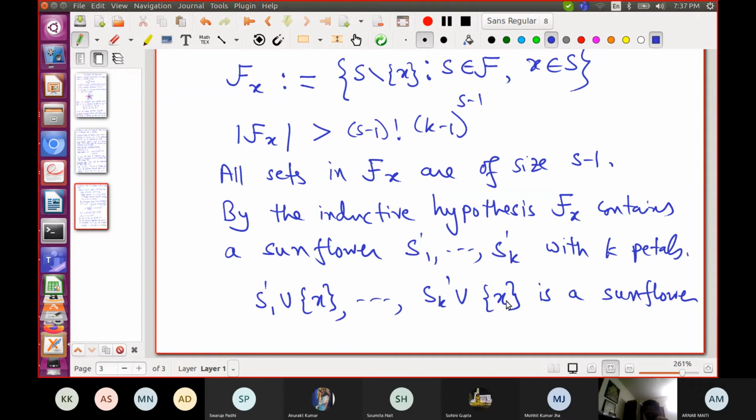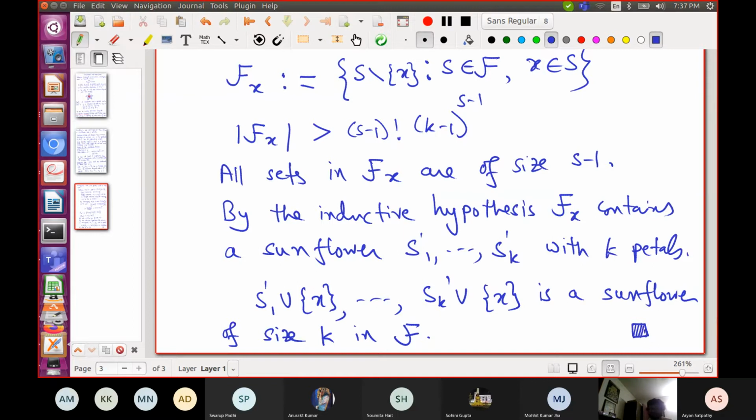This collection is entirely in F, because each of these sets is obtained by taking a set in F and removing X from it, and then we added X back into each of them. So each of them is in F, and it's a sunflower of size k in F. And that's it. We have shown that F has a sunflower of size k.